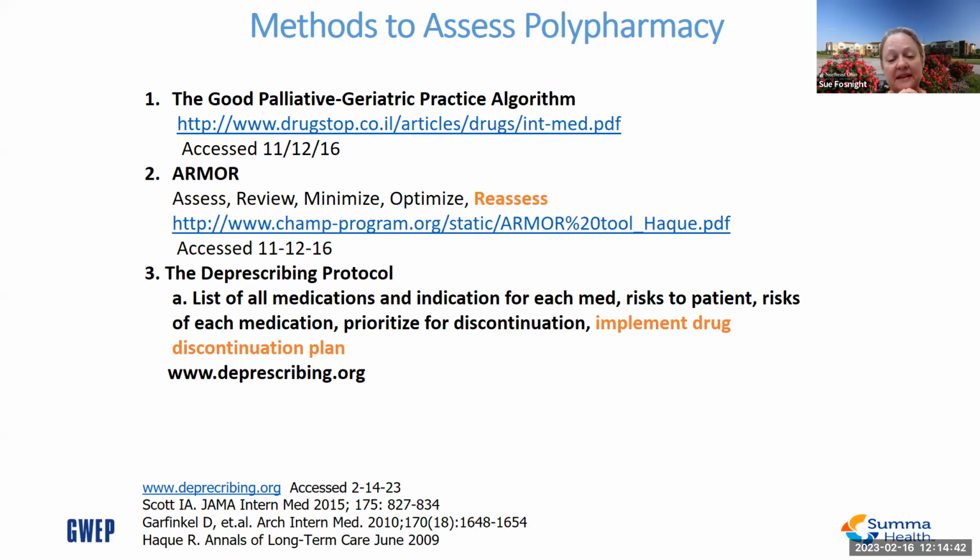Now, there is a website that I wanted to mention to this group, and this is probably the best place to do it. It's called www.deprescribing.org. It's open to anybody. You don't have to register to use it at all, but they got a grant, and what they're doing is going through, I believe it was 28 different med classes, reviewing the literature and really trying to come up with directions on how to take patients off medications.